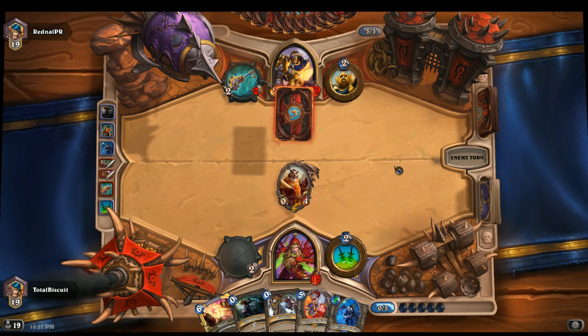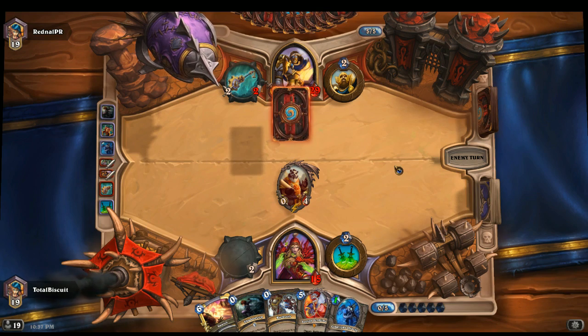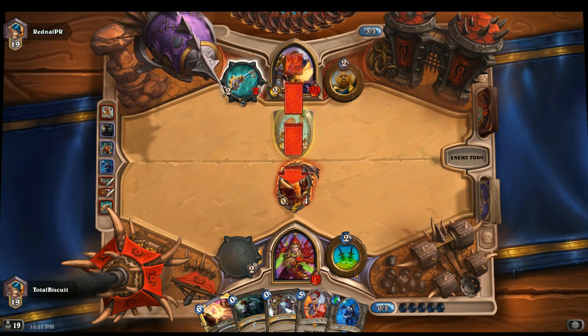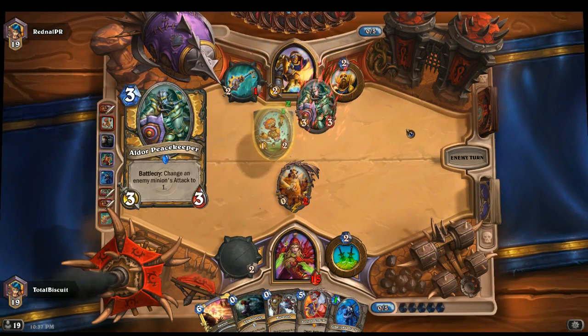mean, if you play mill against stuff that's big and scary, like a mill against Control Warrior is pretty cool, because they're holding all the cards in their hand. Mill against Handlock is pretty cool. Mill against Zoo is fucking useless. And in this case, we're fighting a pretty low-budget Paladin, which...